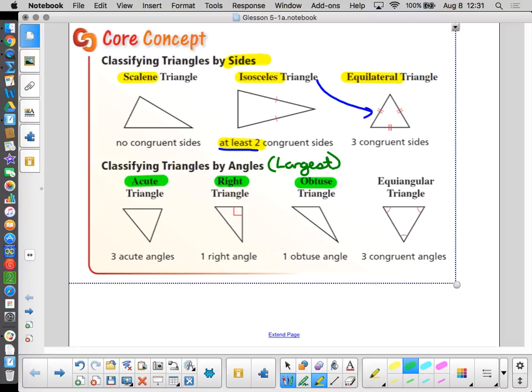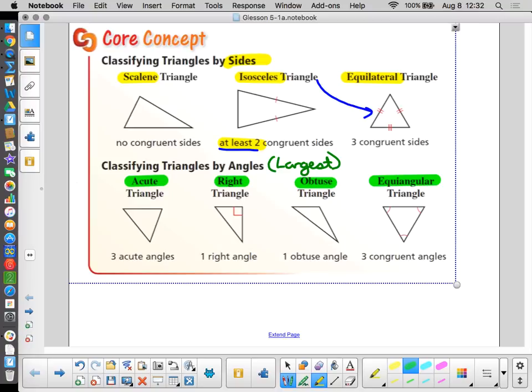And when all three angles are the same, we have a special one called equiangular triangle. Now, equiangular triangles are also acute triangles, but they're special acute triangles. So those are our four different ways of classifying it. So every triangle can have two names, at least. One for the sides, one for the angles. So I could have, say, a right isosceles triangle, or an acute scalene triangle, or an obtuse,